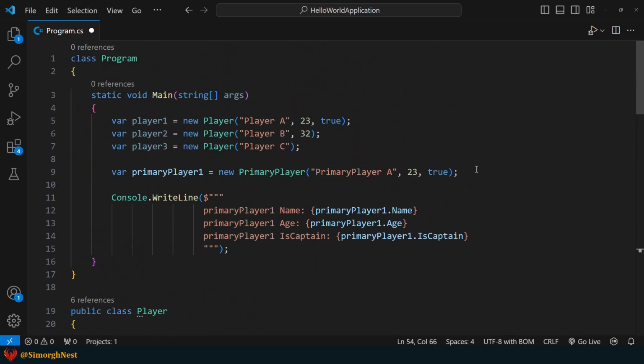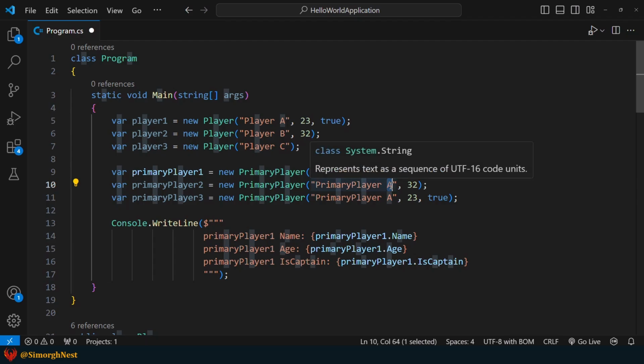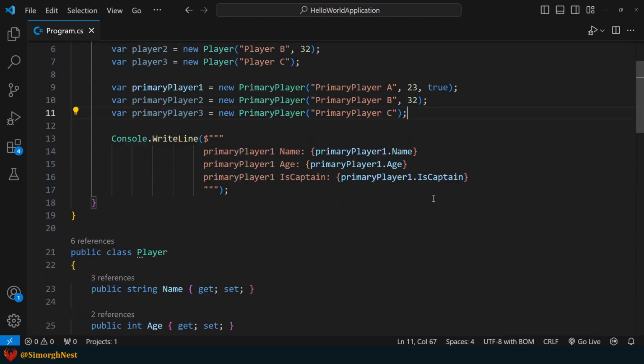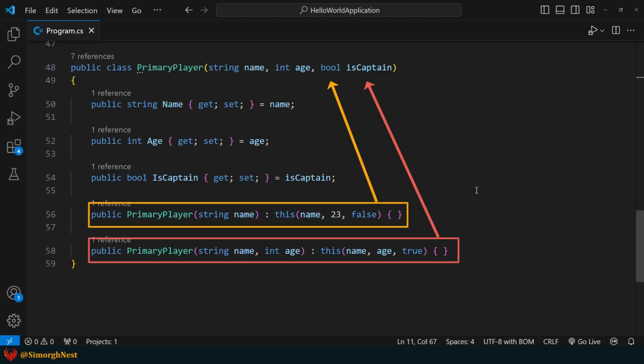Next, in the main method, let's create two more primary player objects. One passing name and age using the second constructor, and one passing just name using the first constructor. Each constructor chains to the primary constructor which initializes the properties.